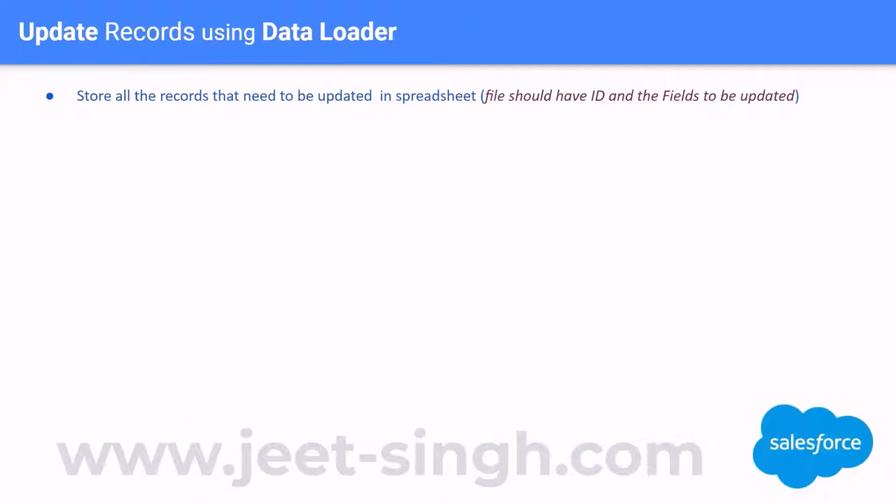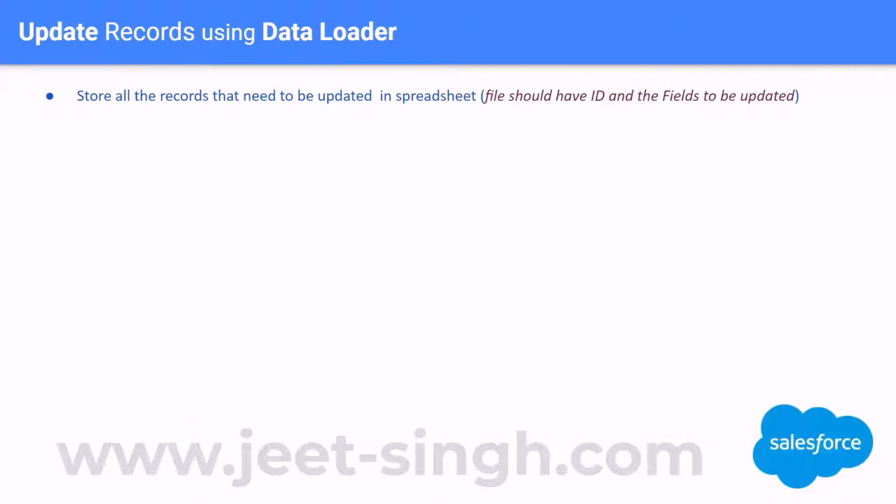So if you're working in a company and you have, say, 10,000 employees, and you are in the HR department, I tell you, okay, go and give this additional bonus to these 100 employees. Now you need to understand which 100 employees, right? I can give you the employee IDs for those 100 employees. Then you know that this additional amount needs to be given to these 100 employees. Same way, Data Loader needs to know which records need to be updated. And for identifying the records that need to be updated, it requires the ID.